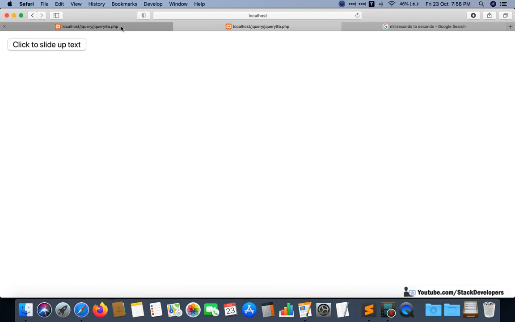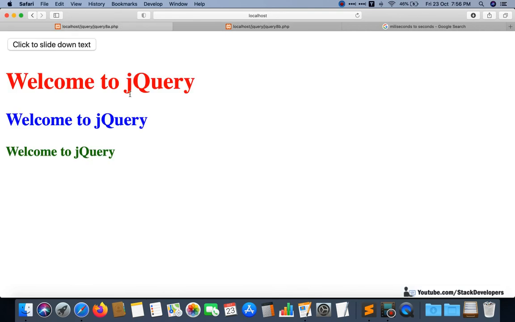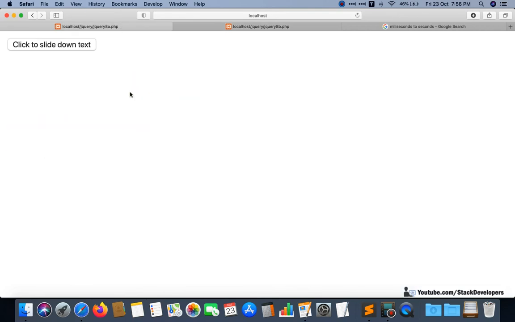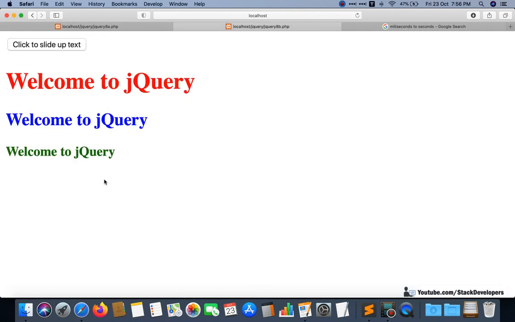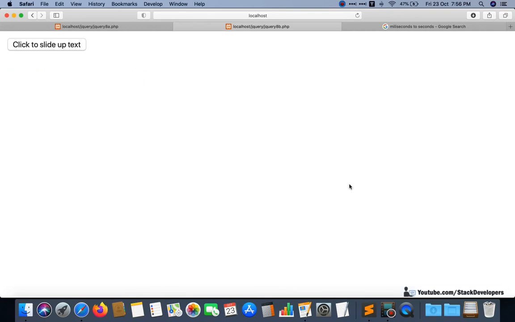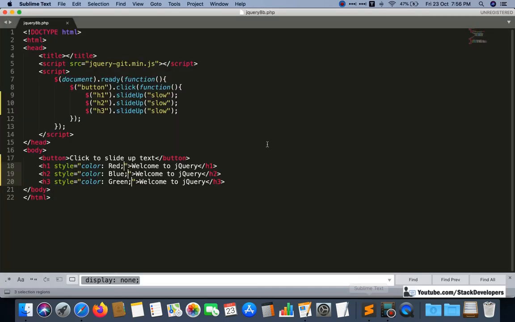They are moving upwards, but in slide down they are moving towards the bottom with the slide down effect and appearing into the HTML page here. But with slide up they are going away from the HTML page. I hope that this is clear to you. You can also try at your end.